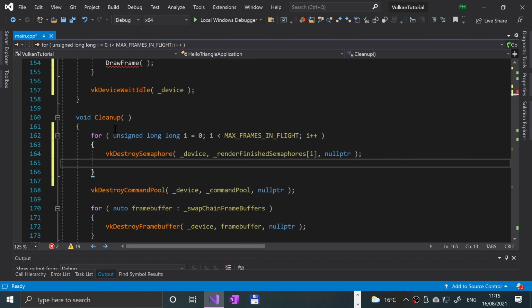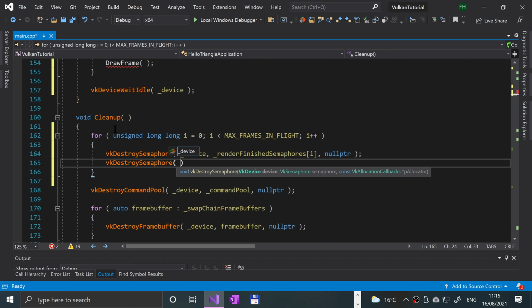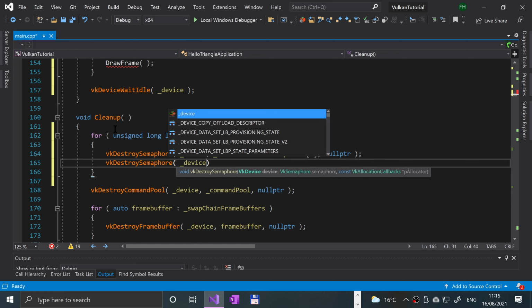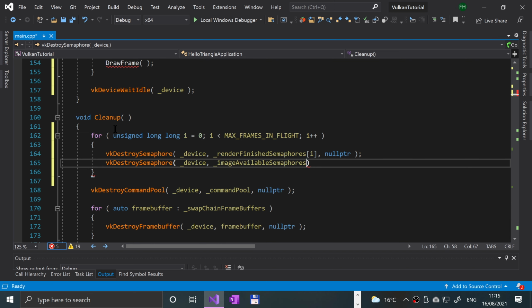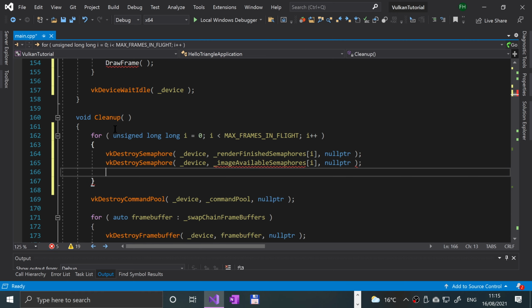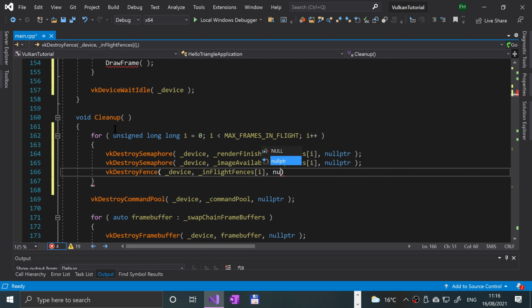We're going to destroy the other semaphore now as well. vkDestroySemaphore _device, _imageAvailableSemaphores[i], no pointer. And we're going to do vkDestroyFence _device, _inFlightFences[i], no